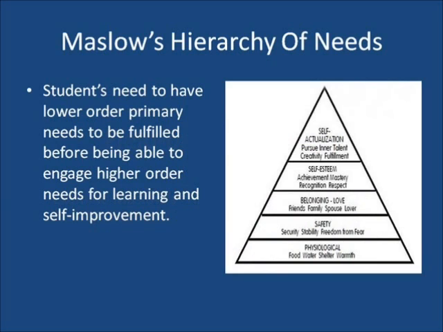Maslow's hierarchy of needs explains how not just students but all people have a series of priorities, things that are needed in order to function in life. And it begins with very basic needs, things like food, clothing, shelter, warmth, and progresses up from there into ultimately self-actualization. And students need to have their lower order primary needs fulfilled before being able to engage the higher order